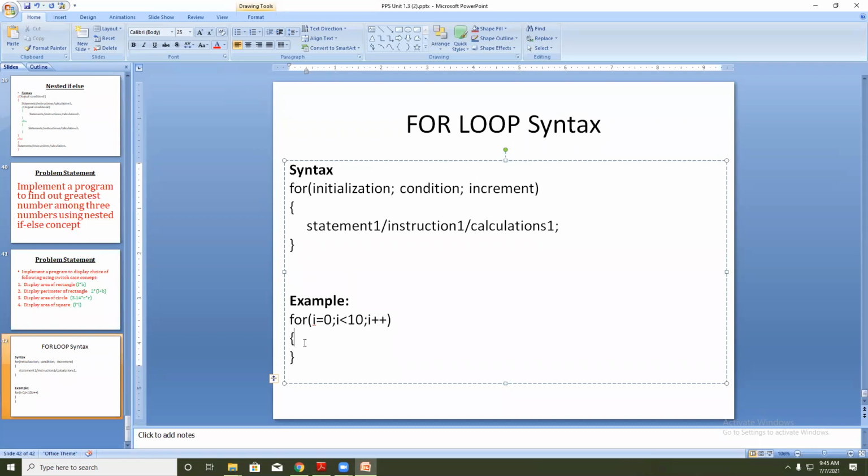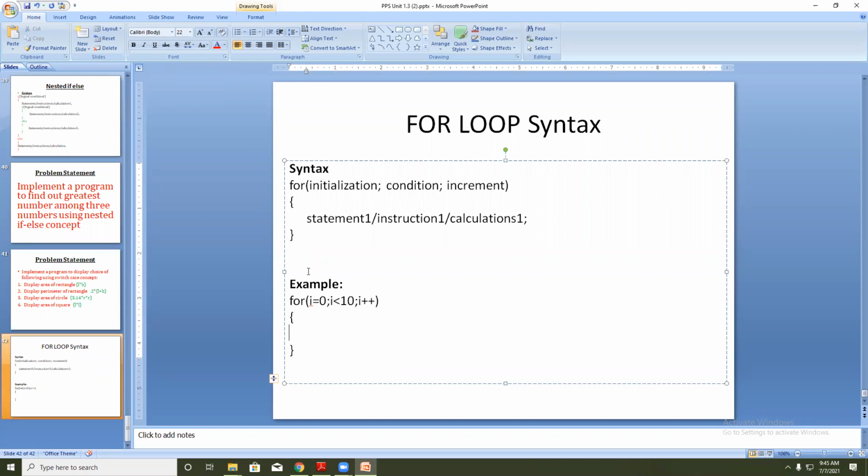So now here, what I want to do is print the numbers 0, 1, 2, 3, 4, 5, 6, 7, 8.